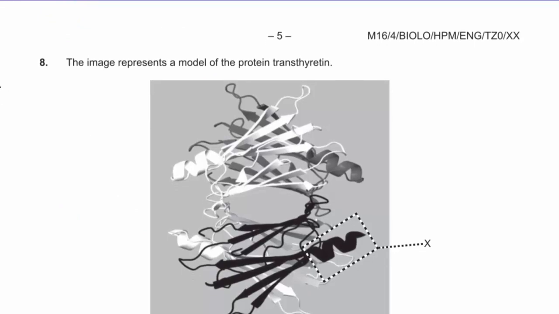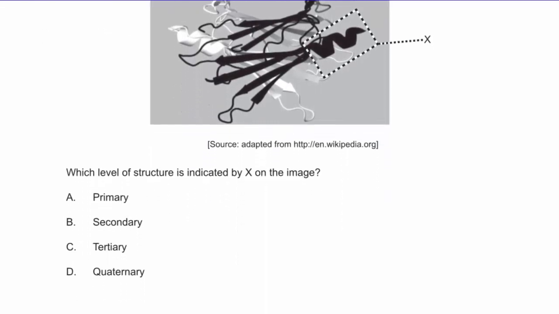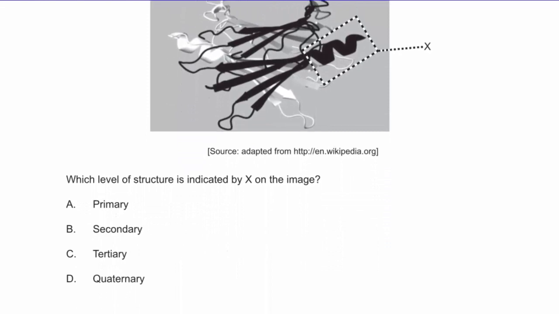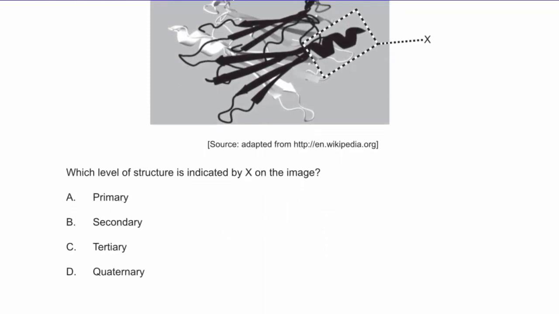transthyretin, and it asks structure X, which level is it? And as you might know, the primary sequence in a protein is considered the sequence of amino acids. For example, lysine, alanine, methionine, and so on. Okay, that is primary sequence. Secondary structure is when these amino acids make some kind of universal structure, like you have something called an alpha helix and a beta sheet, like